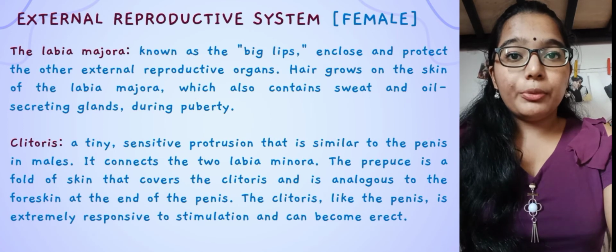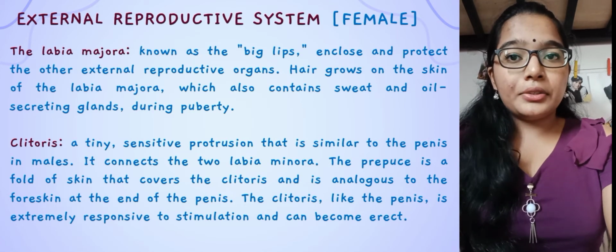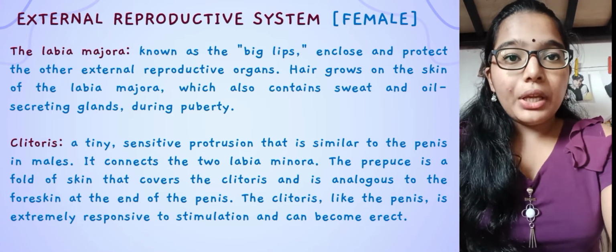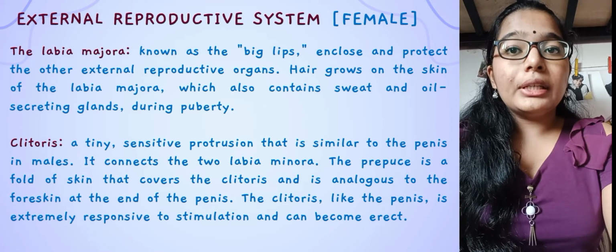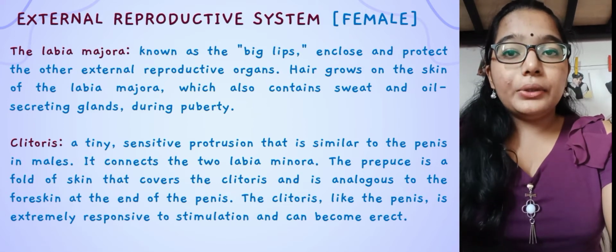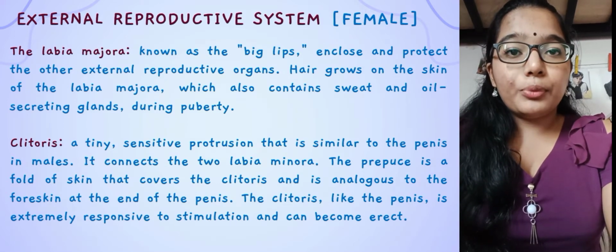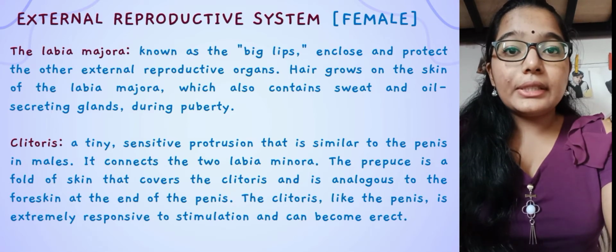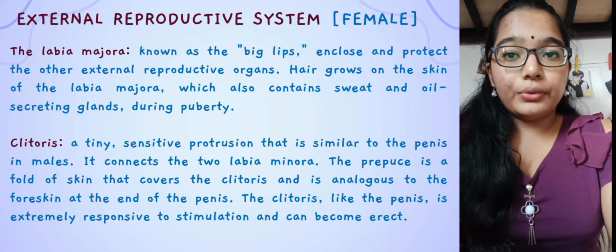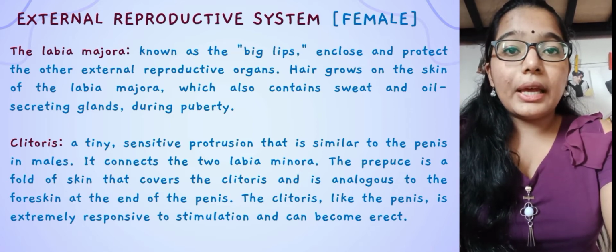The external reproductive organs of females start with labia majora, also known as the big lips. It encloses and protects the other external reproductive organs. Next, clitoris is a tiny, sensitive protrusion that is similar to the penis in males. It connects the two labia minora. The prepuce, the fold of skin that covers the clitoris, is analogous to the foreskin at the end of